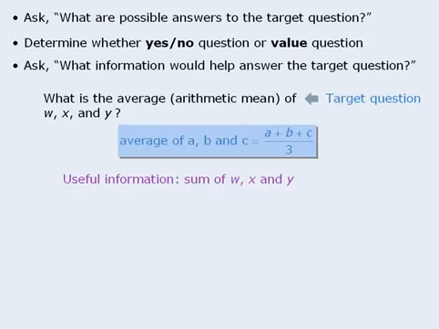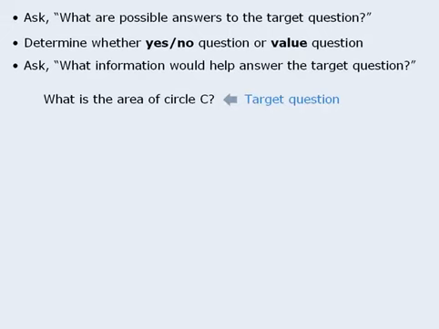Our goal with this strategy is to identify some information that would be sufficient to answer the target question. Then, if we spot that same information in one of the statements, we will know that the statement must be sufficient. Here's another example. The target question asks, what is the area of circle C? So what information would be useful to help us find